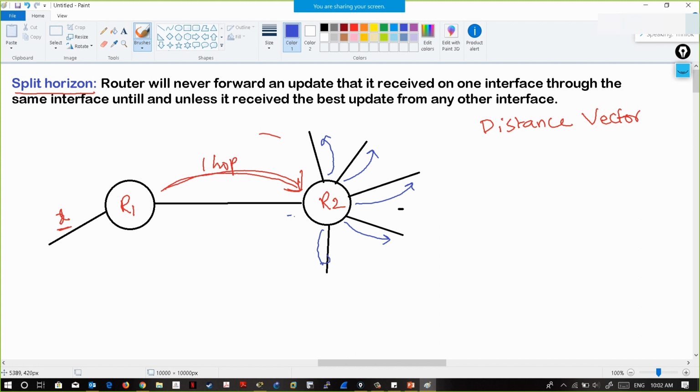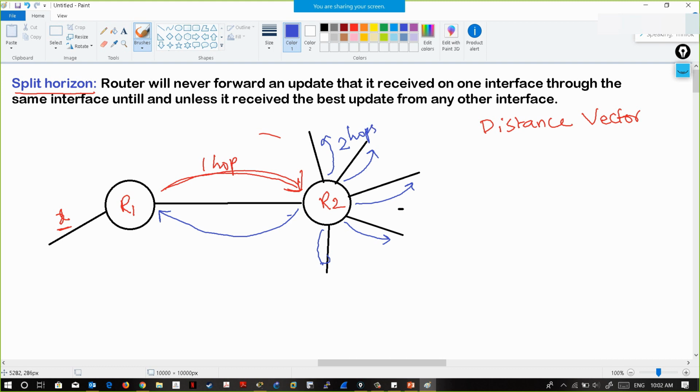It tells them that if you need to go to X network, you are just 2 hops away,